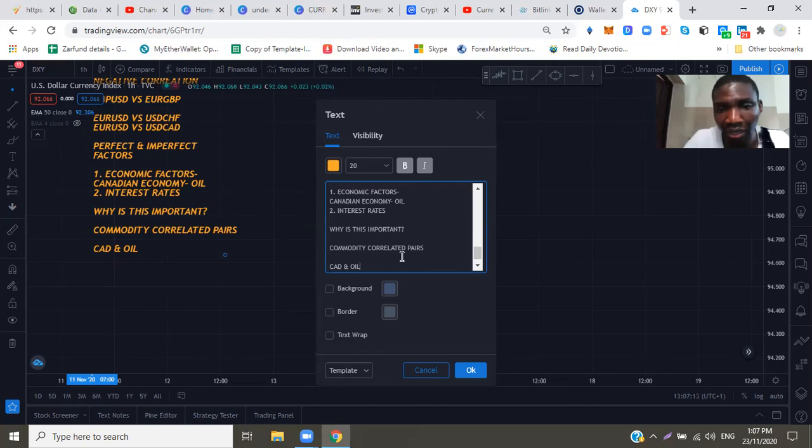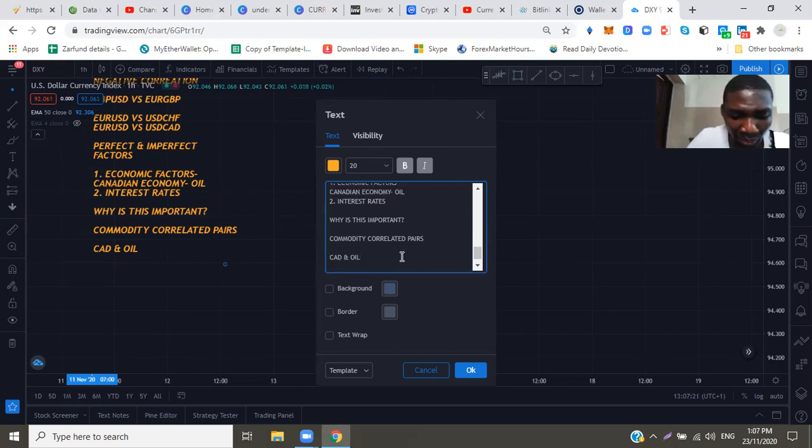It tells you that the Canadian dollar is most likely going to be getting strong because the price of oil is increasing. So what do you do at that time? You are looking to enter a trade like CAD JPY. When the oil market is doing well, you want to buy a currency like CAD JPY. You want to sell a currency like